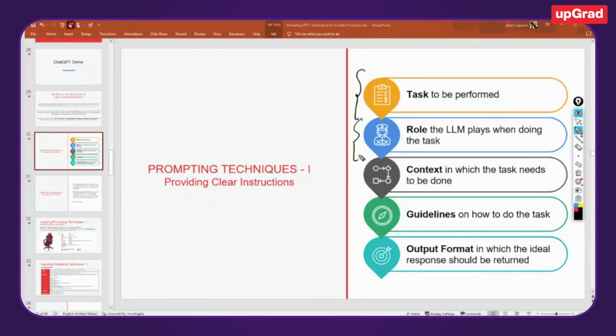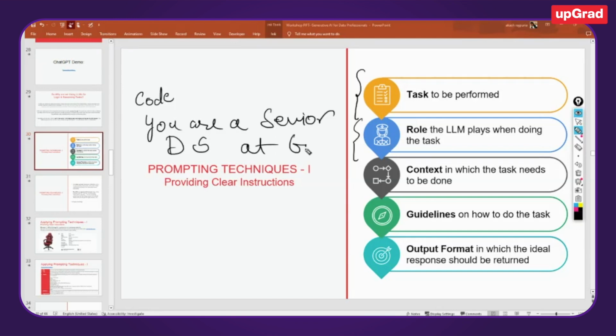Then you develop a role for it. So for example, I am writing a code. So what I will say to ChatGPT is that you are a senior data scientist at Google, let's say. Now, whenever you define a role for it,